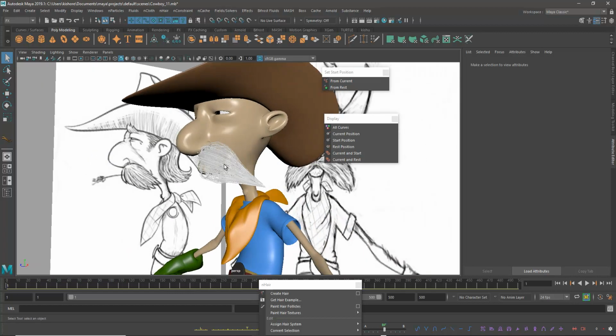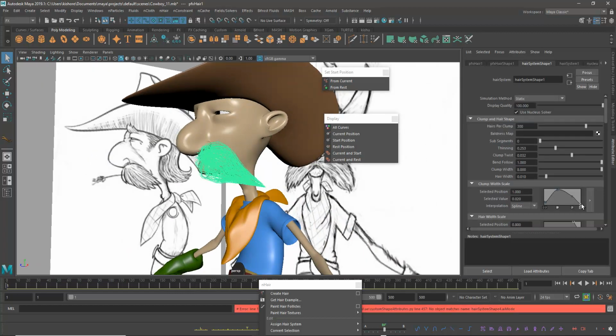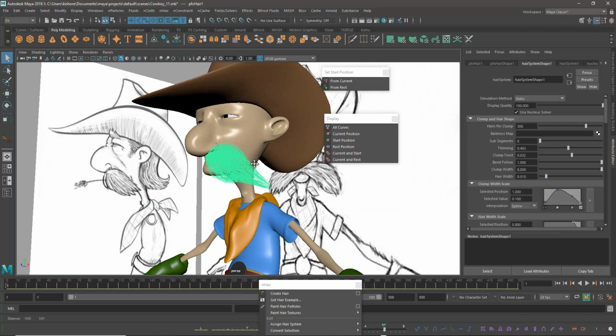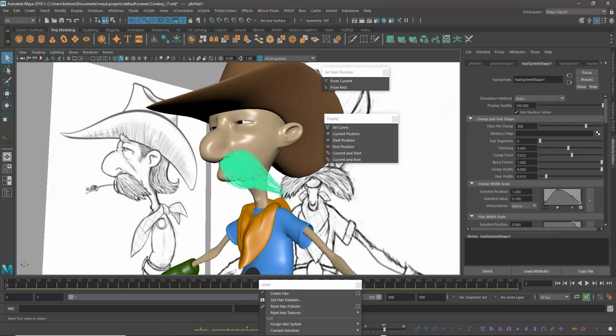You can also give a little more thinning, something like this. Or if you want this kind of flow, we have to use more follicles.